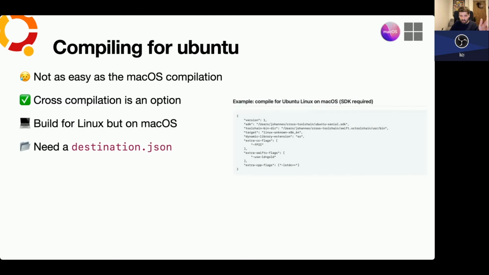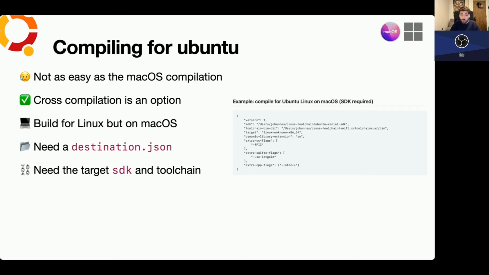It has information such as the SDK to use, the Swift toolchain to use, and the target triple, the architecture triple that you want to target. In this case, it's Linux unknown x86-64. This implies that you need the target SDK and toolchain downloaded on your system, and this can be very, very daunting.